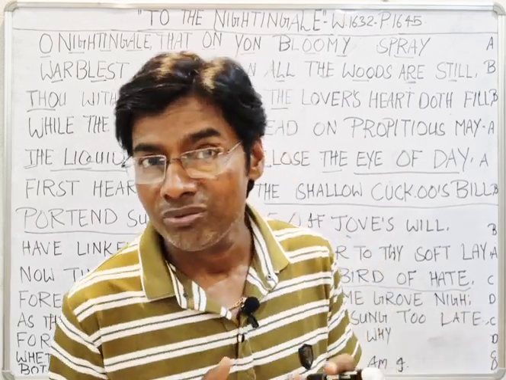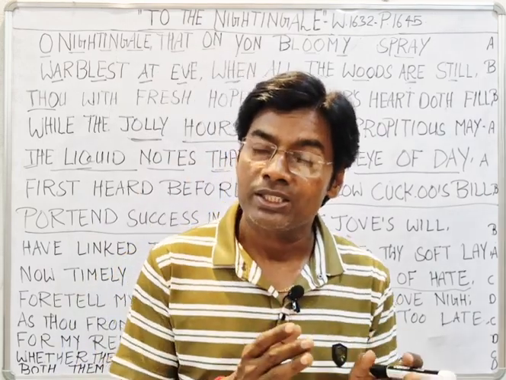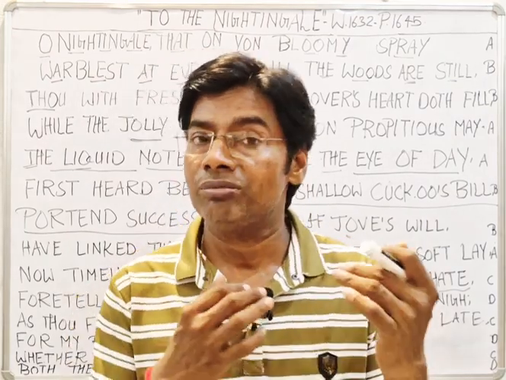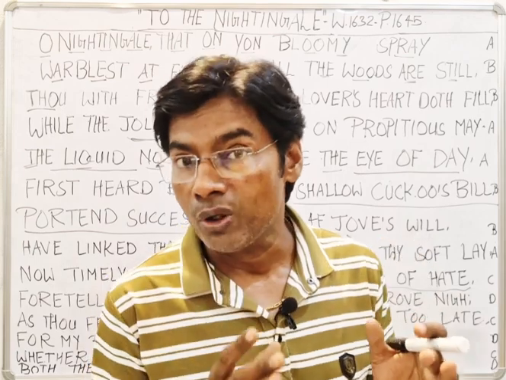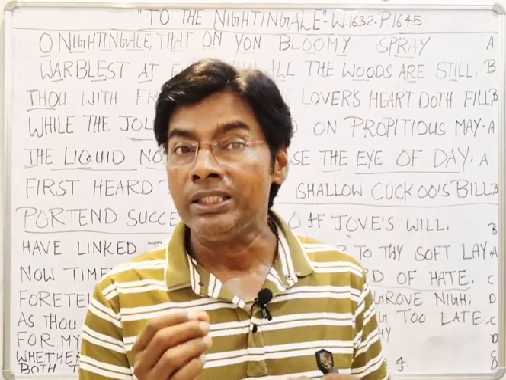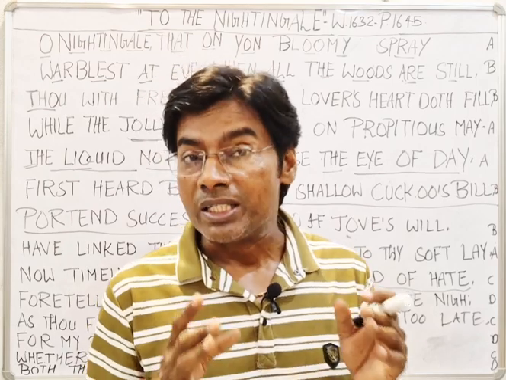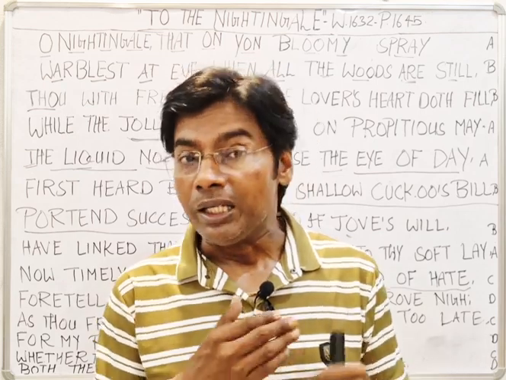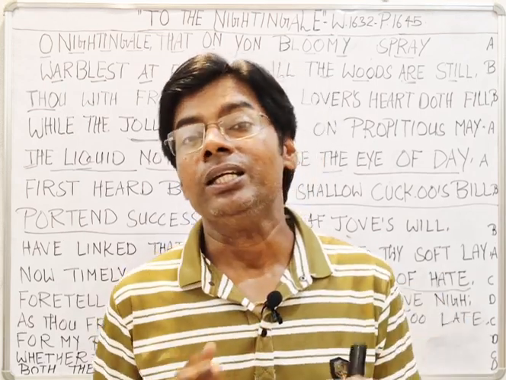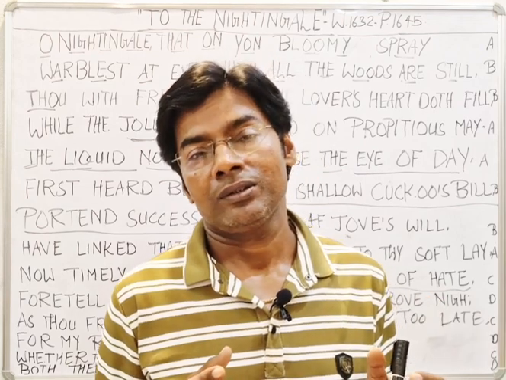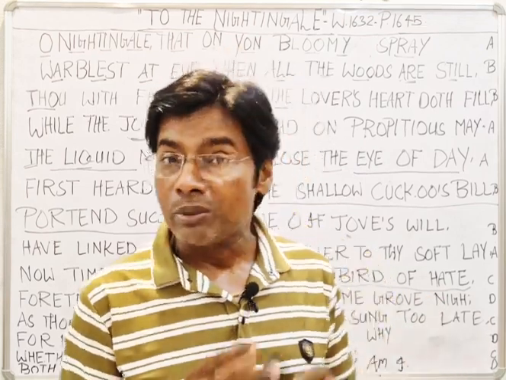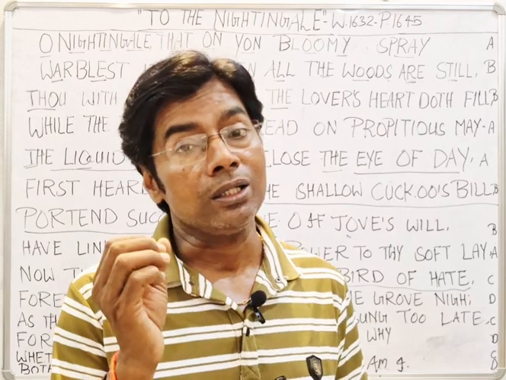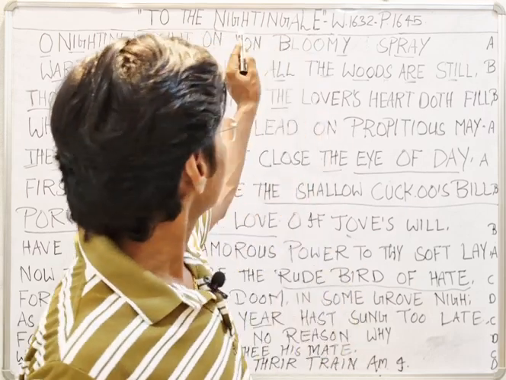into. So first of all, To the Nightingale is a 14-line poem, and if it is a 14-line poem, it is a sonnet, S-O-N-N-E-T, a sonnet written by none other than that great late Elizabethan age poet John Milton. John Milton wrote this poem in the year 1631 or 1632. I have seen written here,